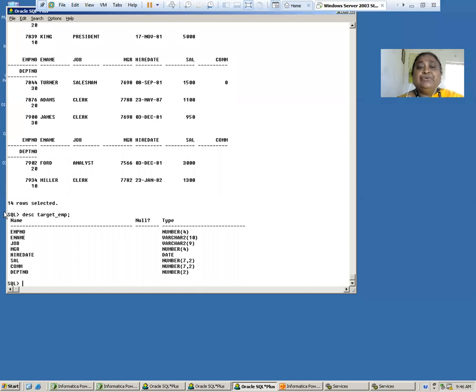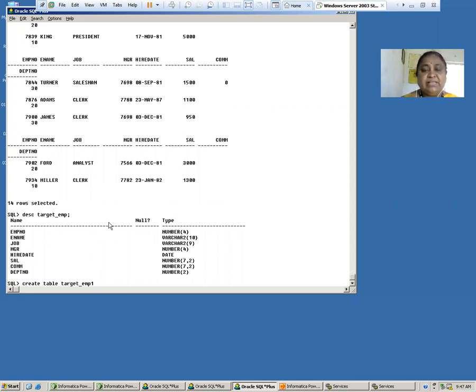Right. So you need to go for creating the target table. So how do I need to create it? Already I have created it in the previous lab, right? Again I will create. So I want to create a table, and the table name is target_EMP1. I'm creating it because this is already created, right? So the structure of your target table should be the same as your source table.